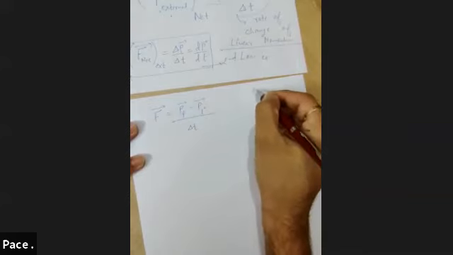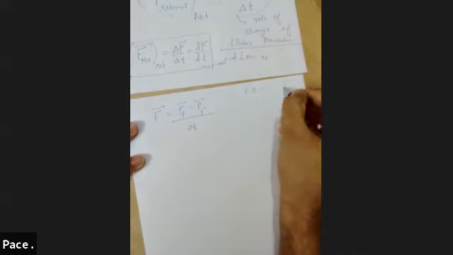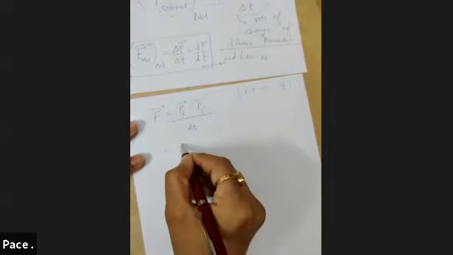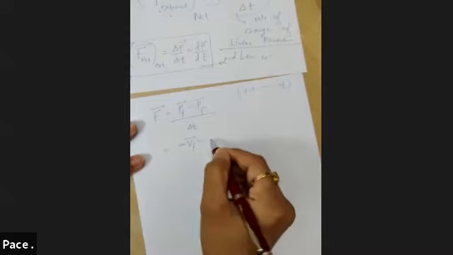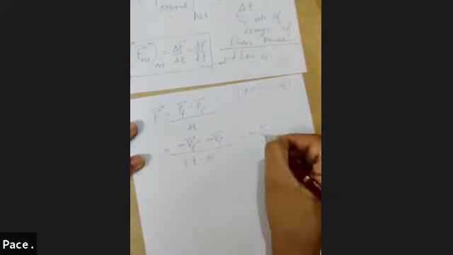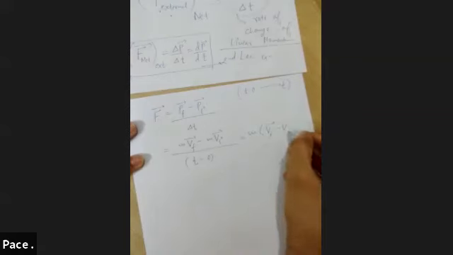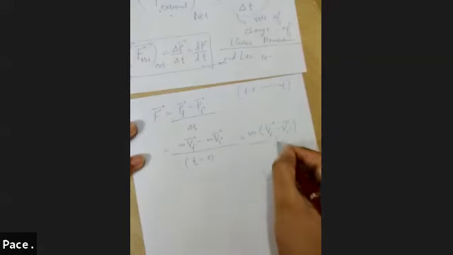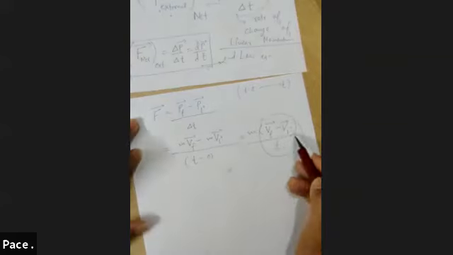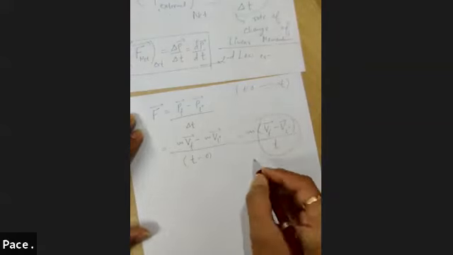If we are starting from time 0 till some time T, so delta T would be T minus 0. So what is P final? P final is mass multiplied by velocity final minus mass multiplied by velocity initial, upon delta T. What is delta T? T minus 0. So M common, this would be V final vector minus V initial vector upon time T. What is this thing? In time T, velocity changes from V initial to V final. So change in velocity on time is known as what? Acceleration. So this can be written as mass multiplied by acceleration.